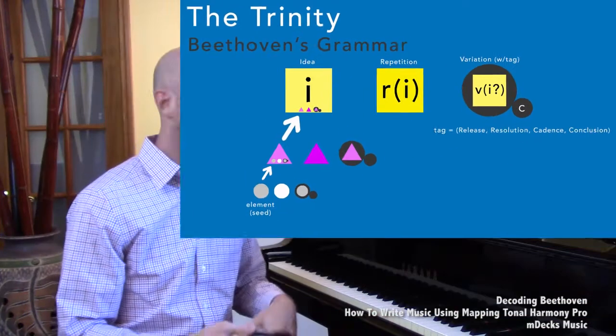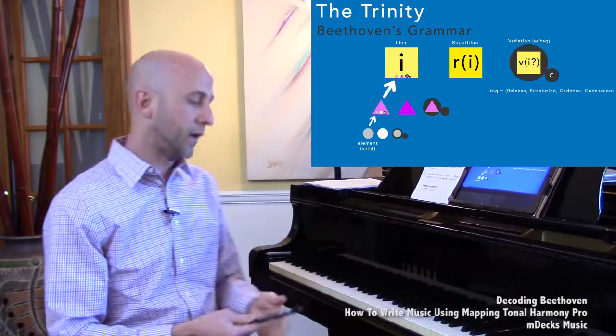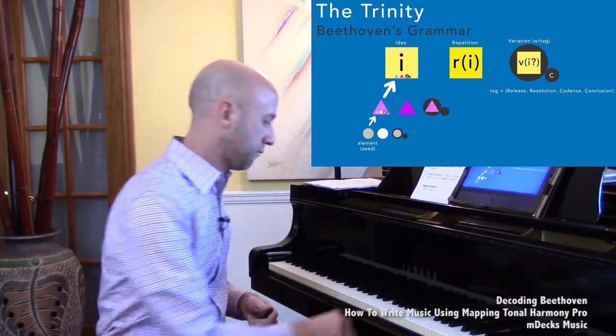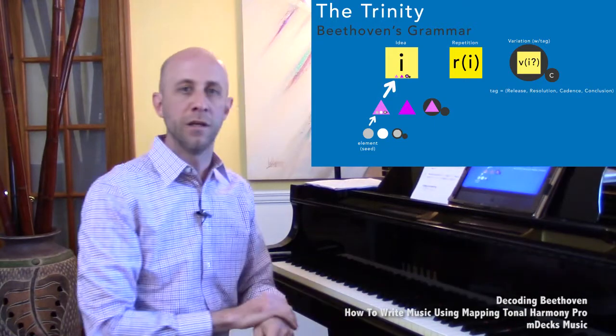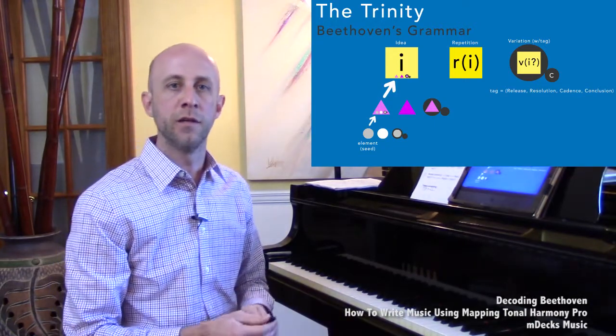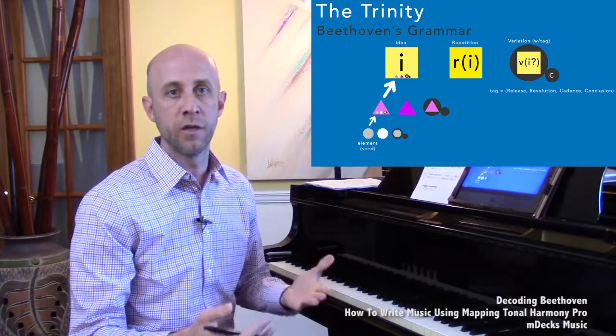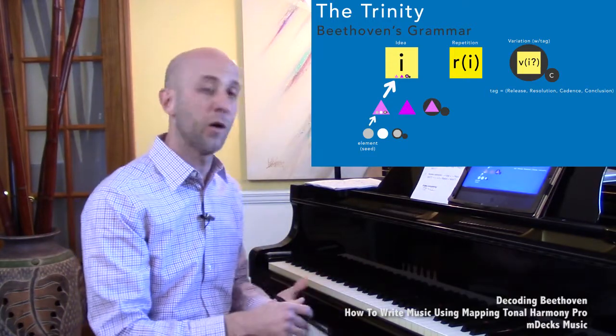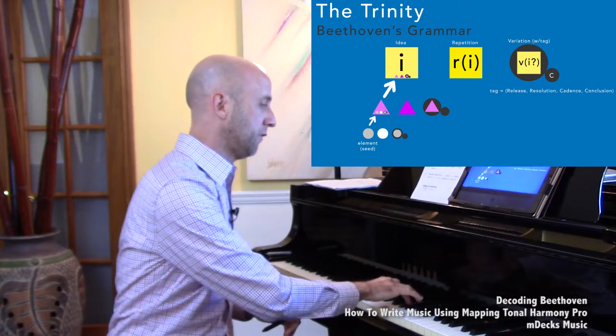So an idea, we'll keep it real simple. An idea can be something as reductive as this. And then I can play it again. It's rhythmically very consistent with the first idea. It's actually melodically the same thing, and that's okay. It doesn't have to be, but for the sake of exemplifying what we're talking about here, I'm just going idea,